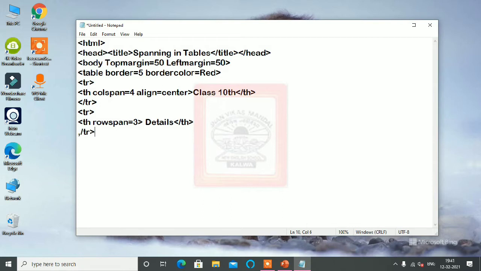So here tr, then in this will be the first details, which are having a th. So remember here we are using 4 columns. The first column data is 1, the second th which we are going to use is serial number,